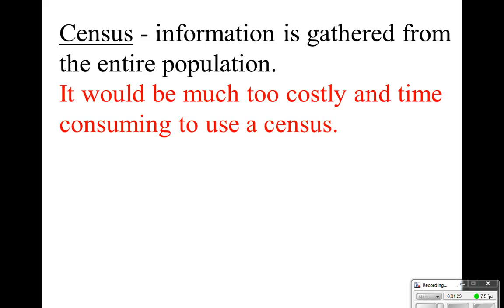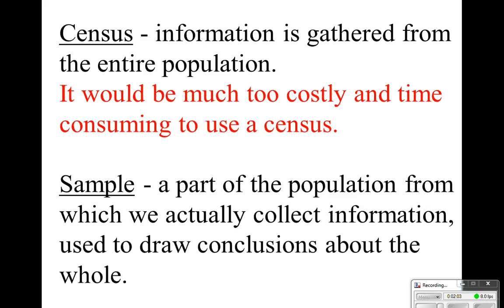Okay, a census. A census is when information is gathered from the entire population. Every 10 years, the United States attempts to do a census. They're not 100% successful because there are some people who they can't track down. There's homeless people was the primary problem. But it would be way too costly and time-consuming to use a census in this case to find out about all the high school students in the United States. If we tried to do that, probably by the time we got done, they would no longer be high school